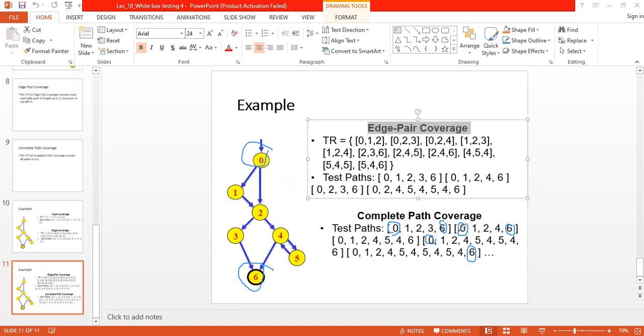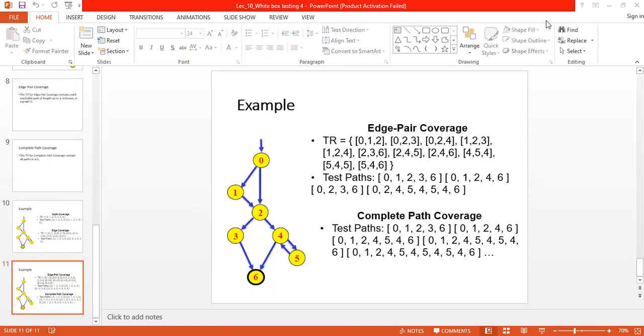So the first test path, 0, 1, 2, 3, 6 will be one path. Then 0, 1, 2, 4, 6. Likewise, you can have complete path coverage. Right? So do you have any issues with this control flow graph?